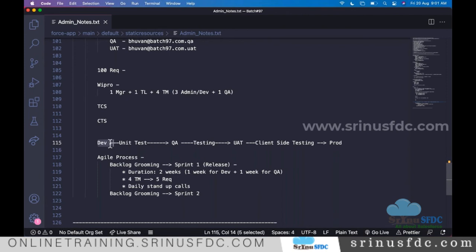The client won't bother about whether you are doing administration or development. The client needs the requirement to be achieved, right? So we read and understand the requirement, and we decide with our experience whether it needs administration or development. All of those things will be done in the same sandbox.